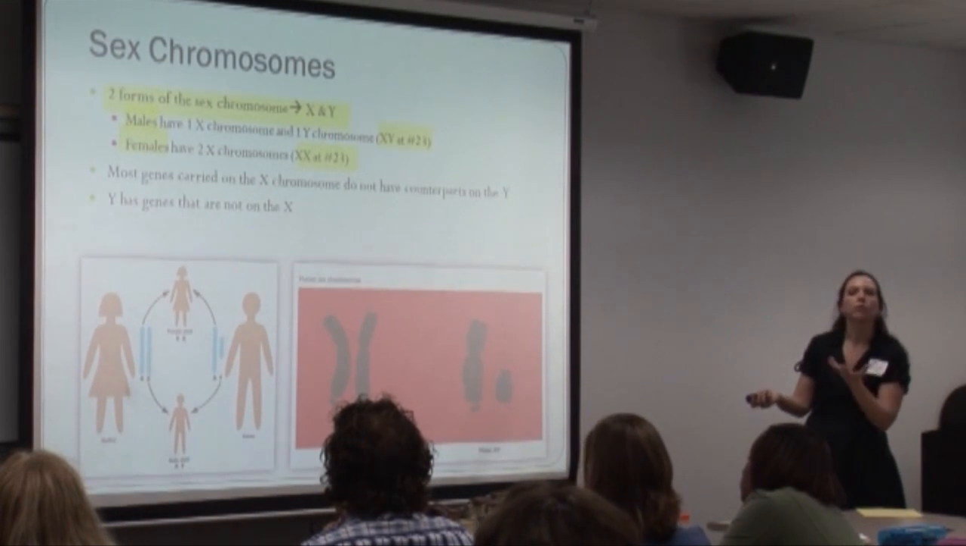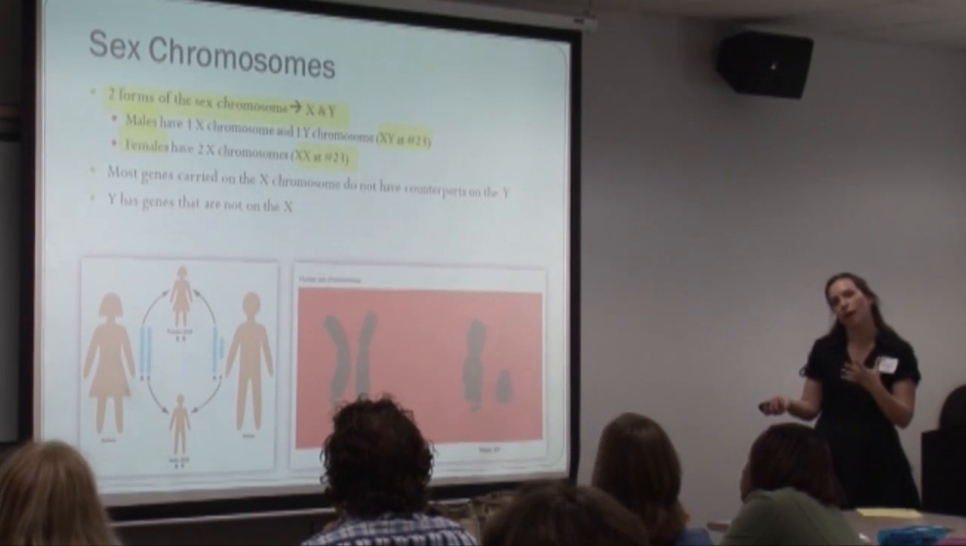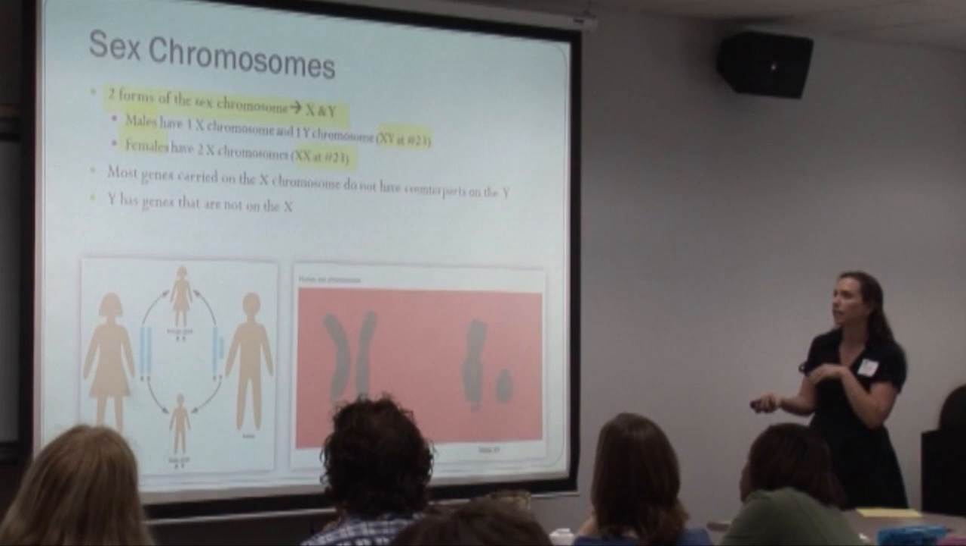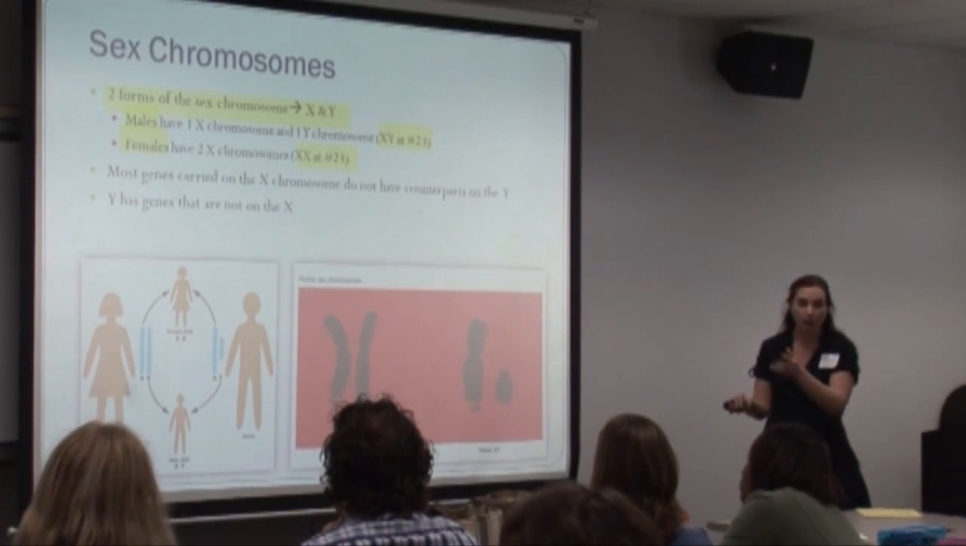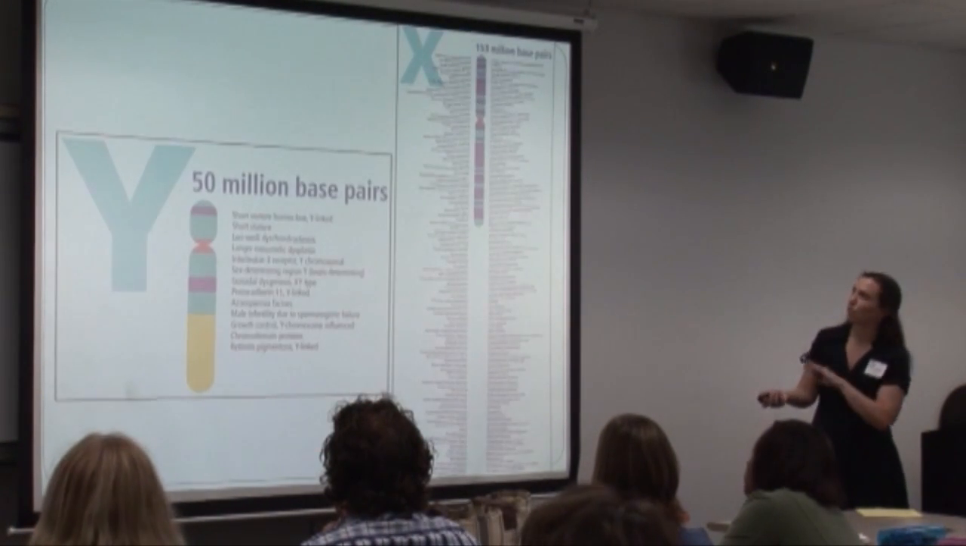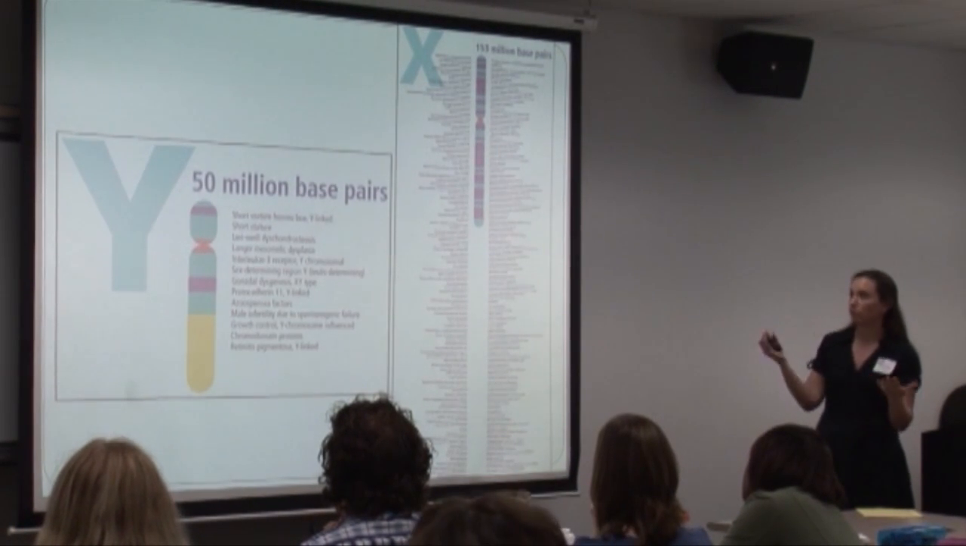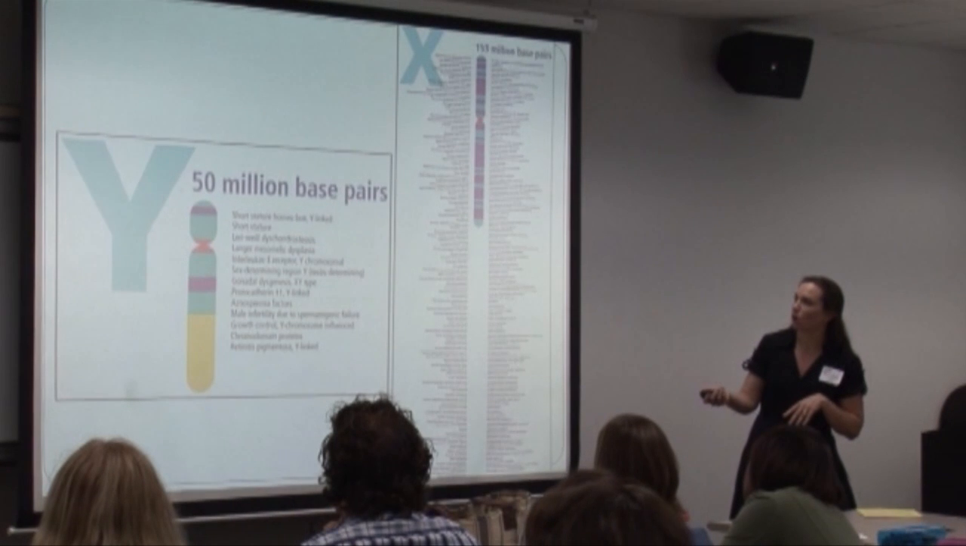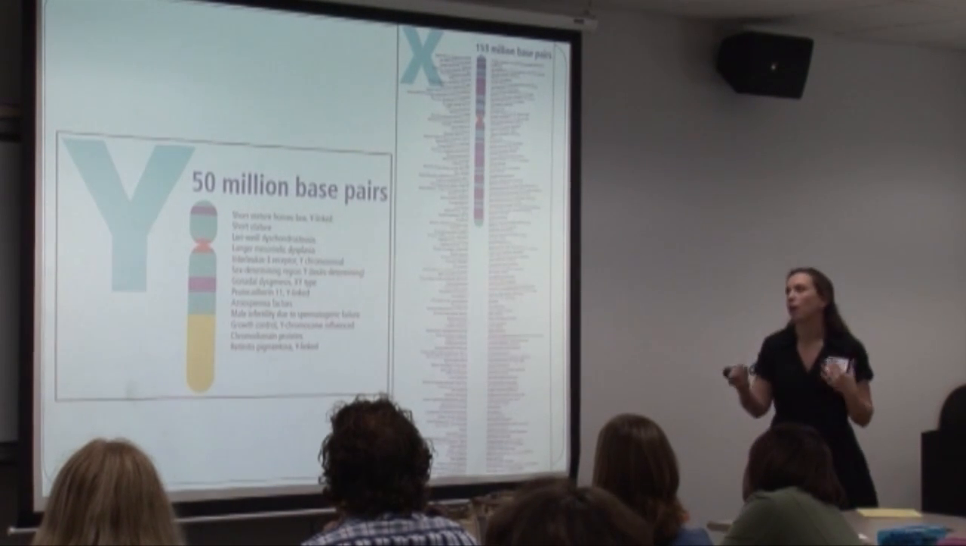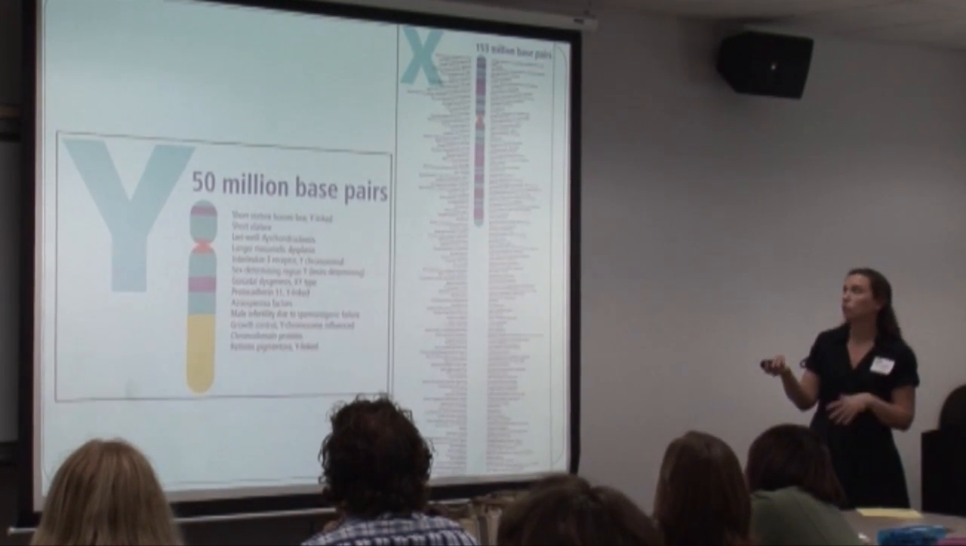The Y, of course, does not contain as many genes as the X, but it does contain some genes that are not on the X chromosome. So if we look at a comparison, Y is much smaller than your X in terms of the number of base pairs, but there are some of these genes that are not present on your X chromosome. And then, of course, it's essential that they understand the difference between diploid and haploid cells when you're talking